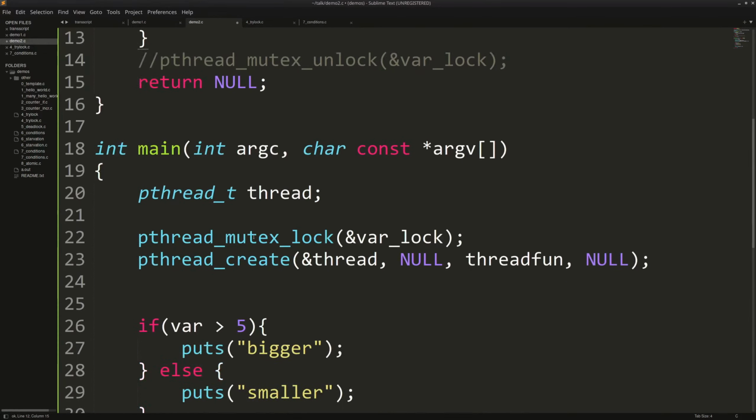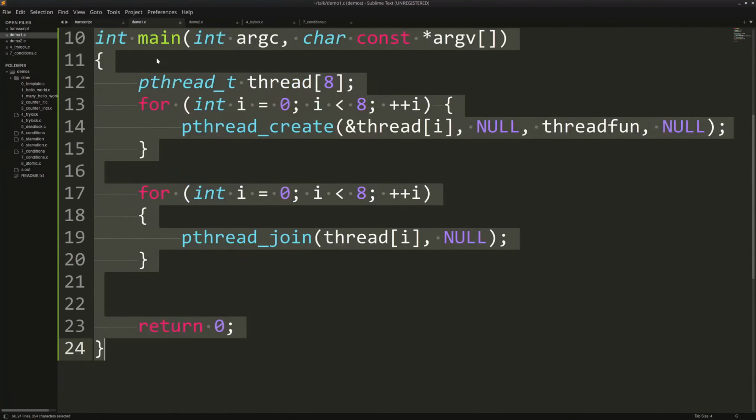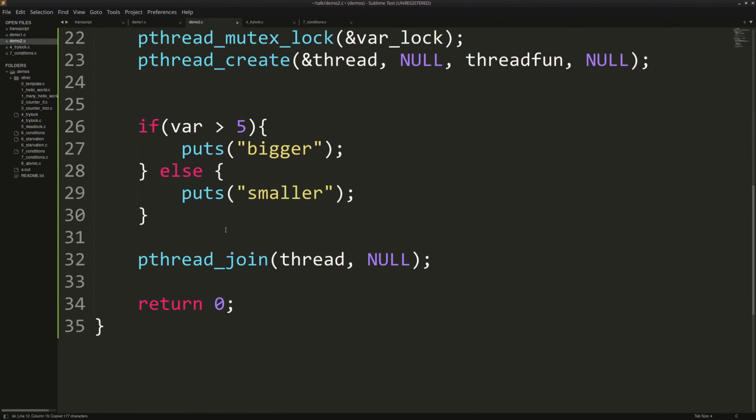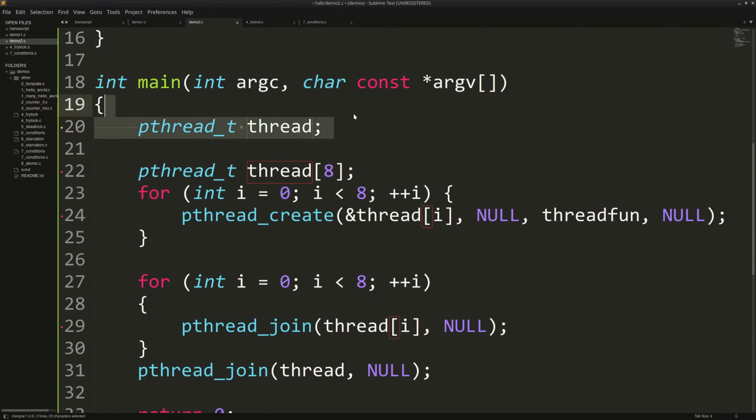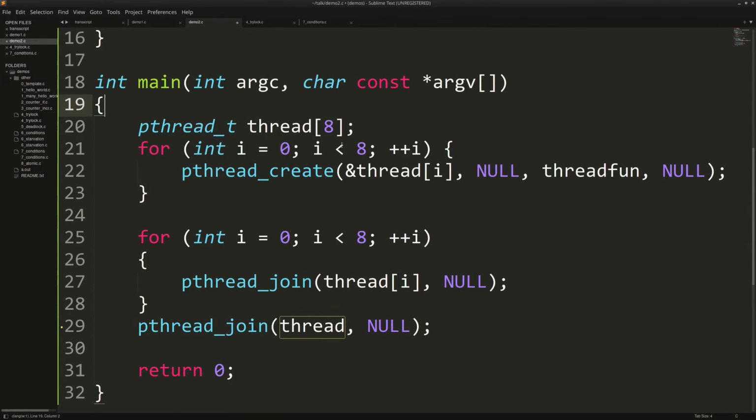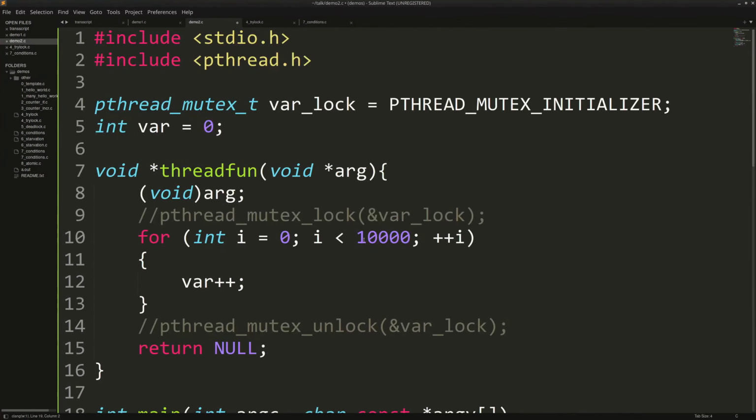And let's create an array again. So I'm just going to copy that code real quick. There we go. So now we have 8 threads, and they're all going to be adding 10,000 to the variable here.